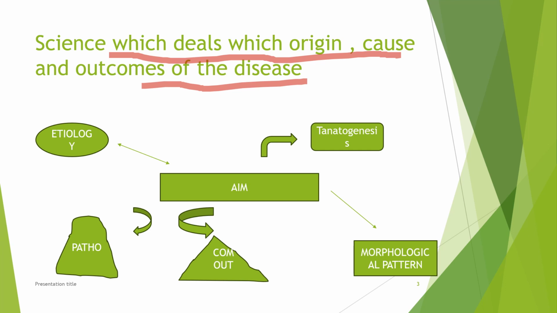What is the importance? First is the etiology. What does it mean? It means what is the cause of the pathological process and what are the conditions which are favorable for the development of such a disease. Let's take the example of typhoid fever: what is the cause of typhoid fever and which favorable conditions are the medium for the growth of typhoid fever. Next is